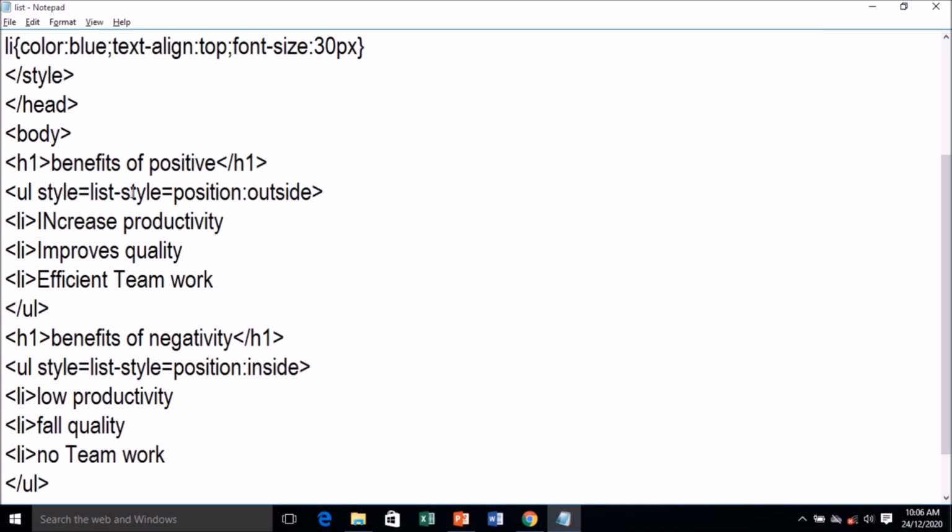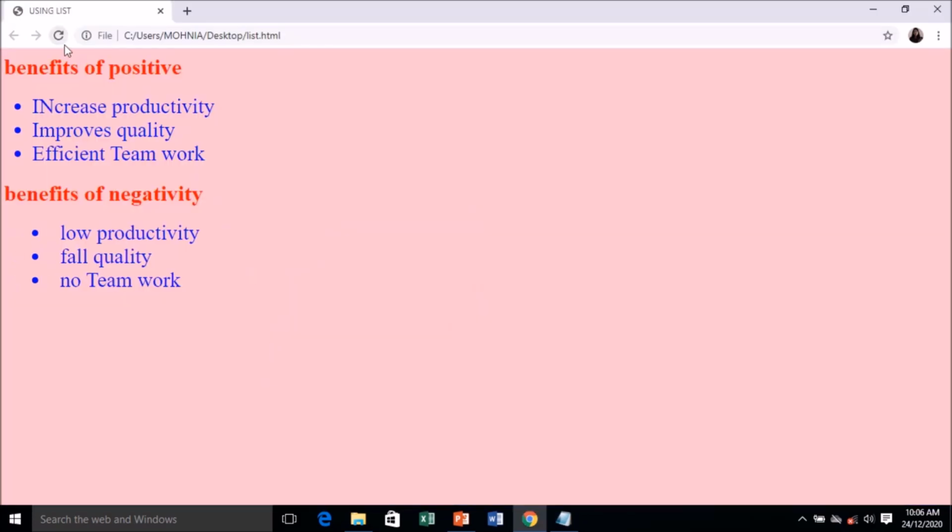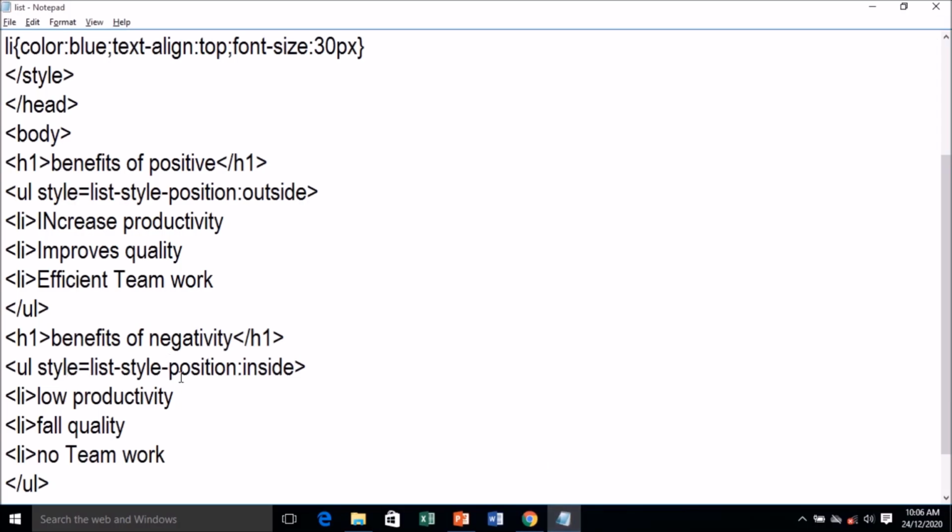Style is equal to list-style-position. So let me change this to a hyphen. It's a hyphen over here, both the places the hyphen will come. Okay, now let's save and check in the browser window. Yes, so here you can see this, the upper is outside and this one is inside. Fine, this was outside and inside. So these are different list styles we have just understood.